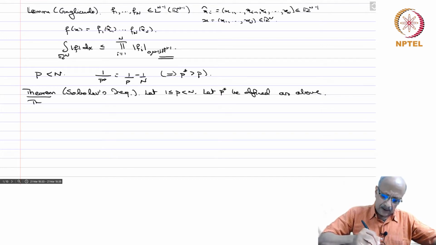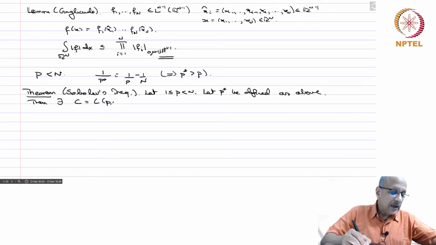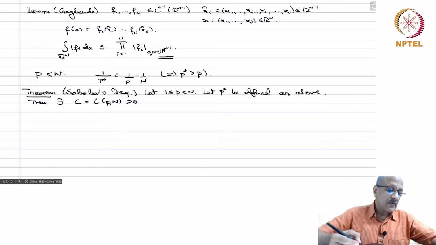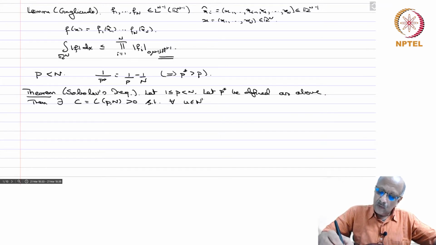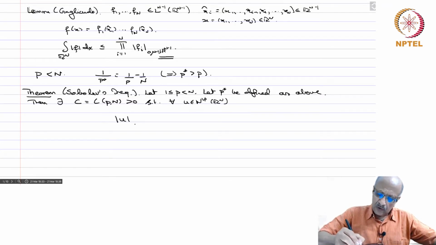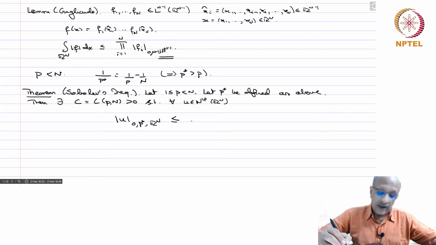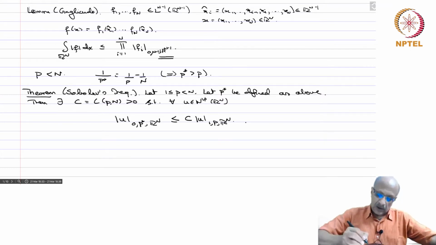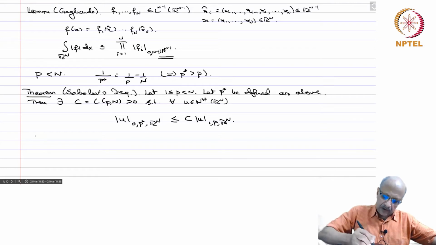Then there exists a constant c, which depends only on p and n and is strictly positive, such that for every u in W^{1,p}(R^n), we have the norm of u in L^{p*}(R^n) is less than or equal to some constant times the norm of u in W^{1,p}(R^n). Okay, so this is the Sobolev inequality. Okay, so proof,